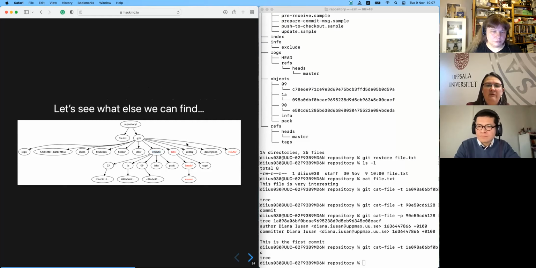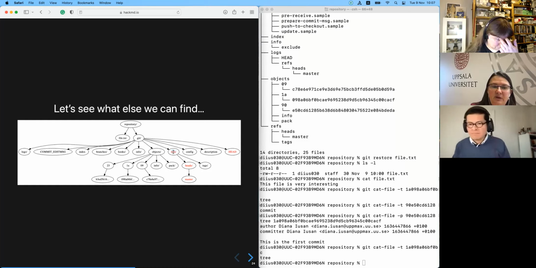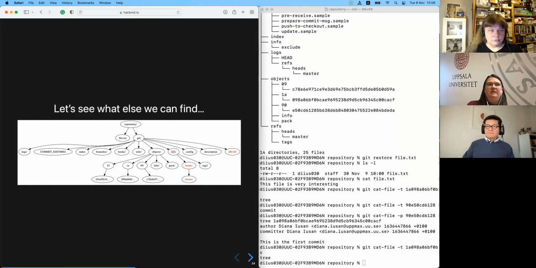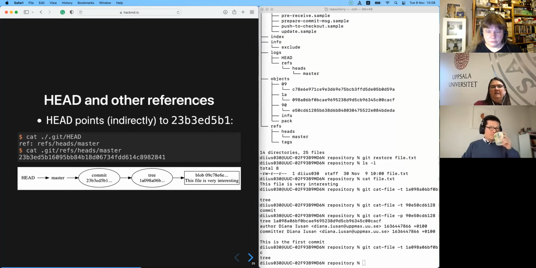What we also have are one important file and one important directory: the head file and the refs directory. So head and refs. If I paste the content of the head file, sorry,